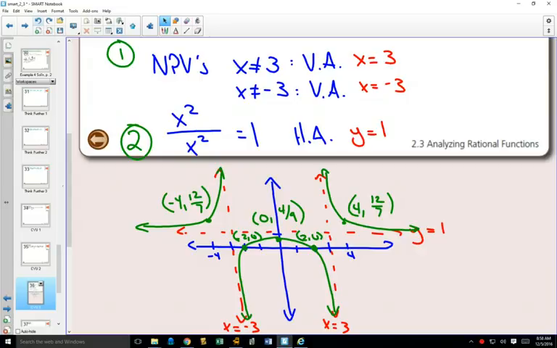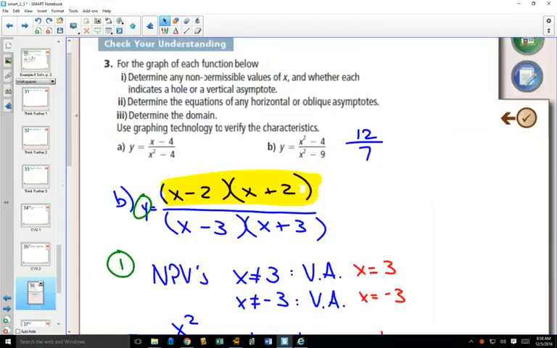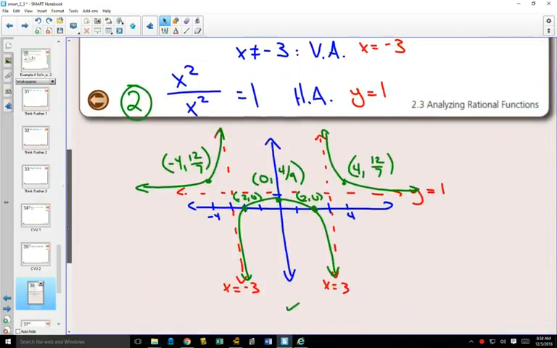Now, the one thing I just noticed as far as the list of things that we've done in graphing it, we've done all of these things. Determine any non-permissible values. Well, we did that in step 1. Determine any horizontal or oblique asymptotes. We did that in step 2. What we didn't do was to say what the domain was for the first one or the second one. So we'll do the domain for the second one,